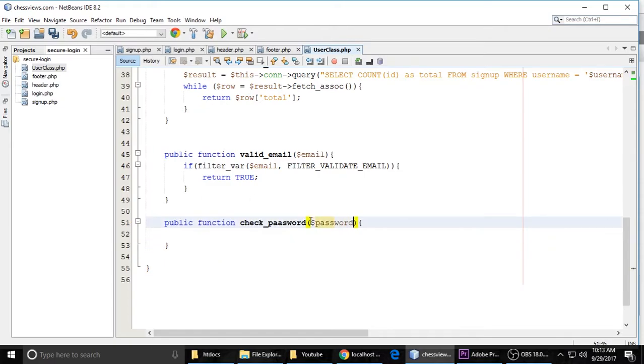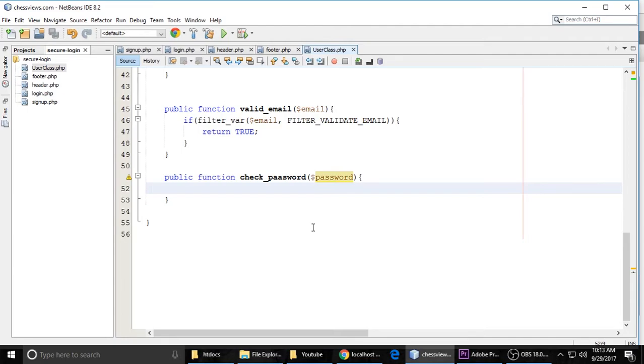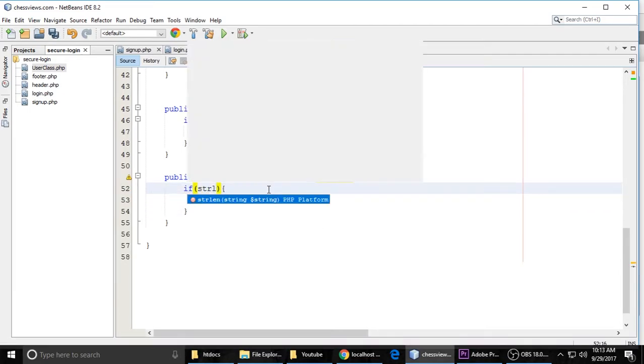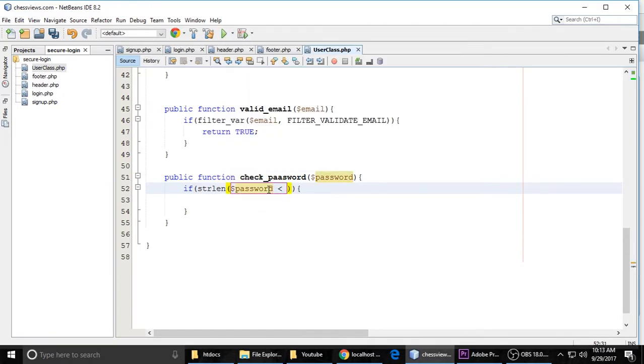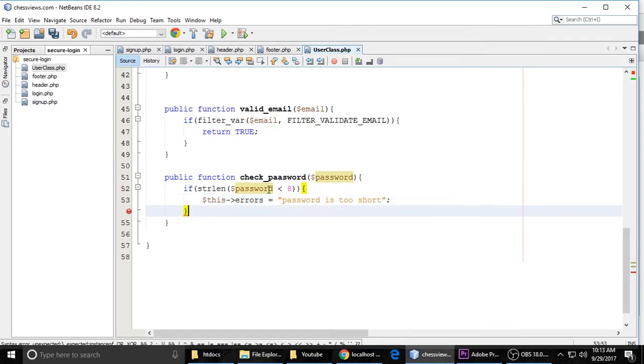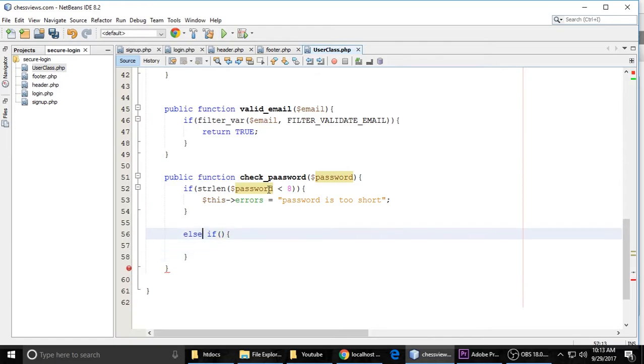And also for the password check, the password should be greater than 8 characters. If it is less than 8, it will show "password is too short." And we will also check the password